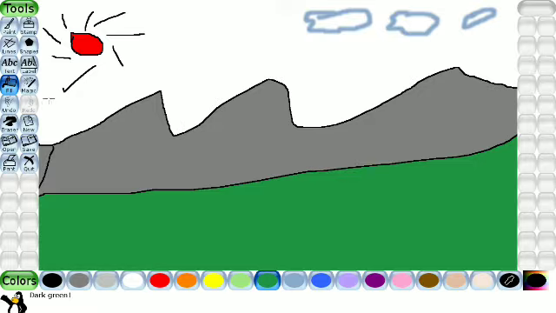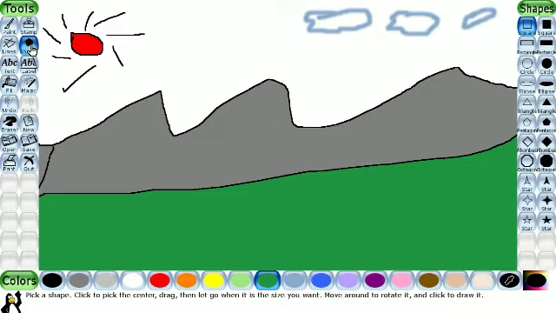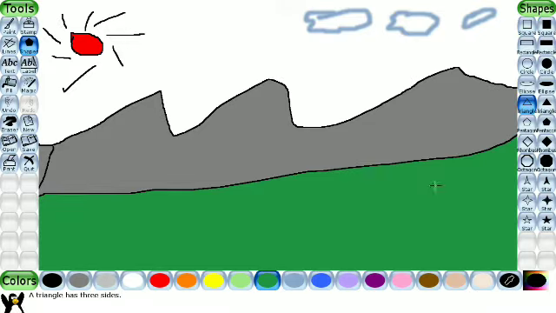Okay, now we are going to magic tool. Okay, sorry, before that we are going to shapes tool. Shapes tool, that is fourth one in the toolbox. You can see a shape tool. This is the shape tool. When we click on the shape tool, you can see in the selector box so many shapes are there. So I am using a triangle here in the selector box. I am using a triangle and I am clicking and dragging in this area.